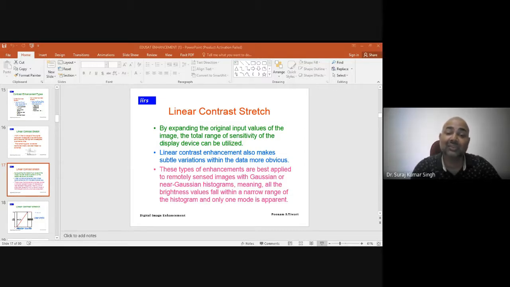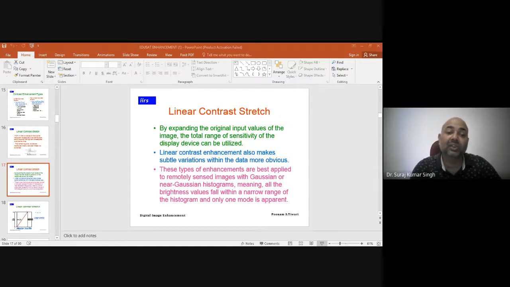So here, what are x and y? x is the input variable and y is the output variable. So x min, x max, y min, y max are the minimum and maximum input and output values.